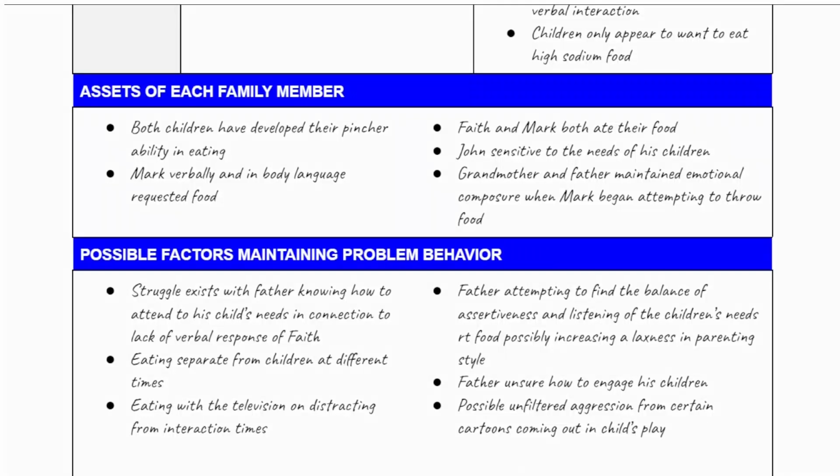The parents were eating separate from the children at different times, eating with the television on, distracting from interaction times. So for the children, there was no table. The children were facing out of the kitchen towards a giant 90-inch TV that was on constantly during the whole